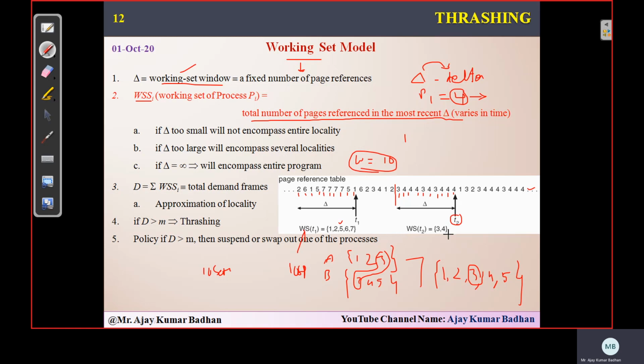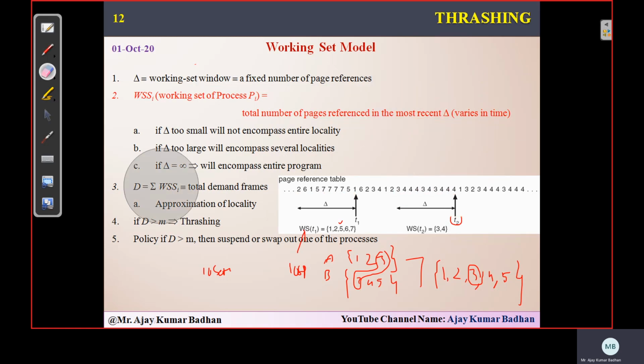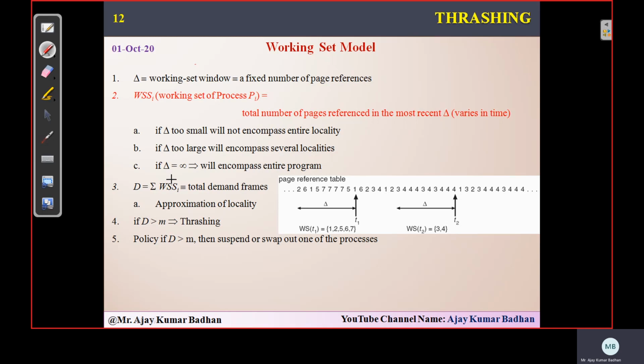Same way, if you talk about this one, in this we are having something called 3 and 4. Because only 3 and 4 are coming multiple times here, so we have taken only set 3, 4. So in this system, it can try to reduce the number of pages that are accessed, and it can be represented. So if you see here, there is a formula.